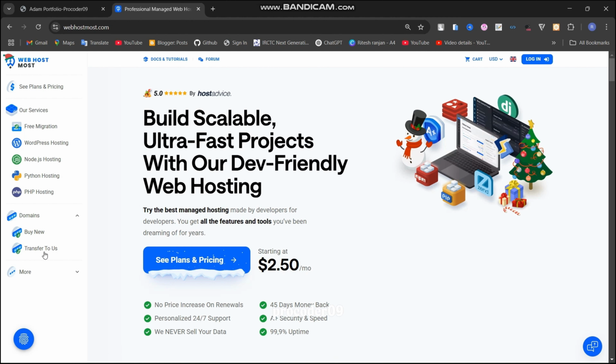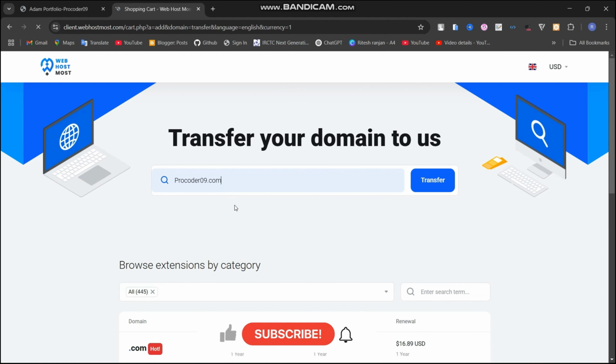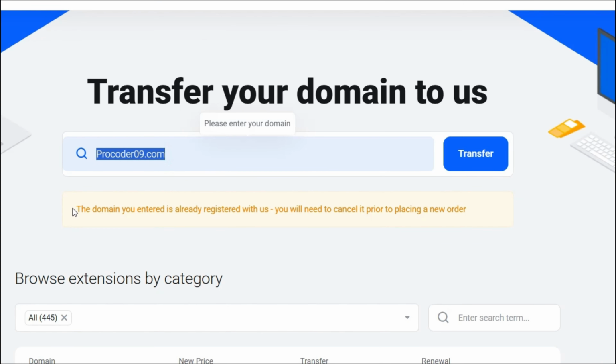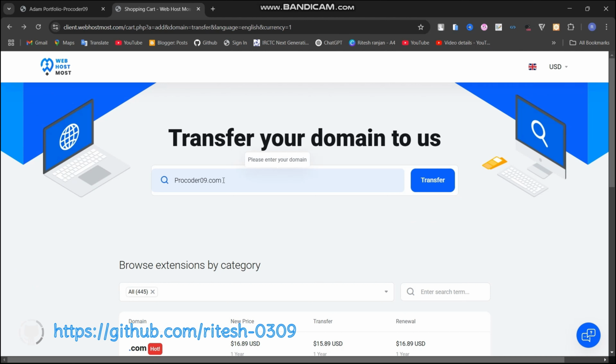Okay, so let me show you how you can transfer here. Just click here, transfer to us. Now when I type procoder09, it will check whether it is available or not. As you can see, when I search for procoder09.com, it says the domain you entered is already registered with us. You will need to cancel it prior, then you can register it yourself. So let me show you another website, that is google.com. Let me click here, transfer,